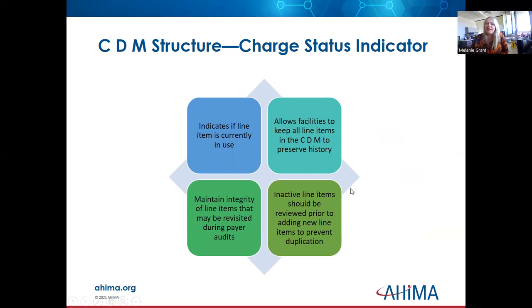The charge status indicator. This is also part of your CDM structure, which tells us which line you're currently using. It helps us to keep our charge, our CDM, separate and preserve history. Identify which line items. We use the term line items a lot when we talk about what our charges look like. And I'll go back to